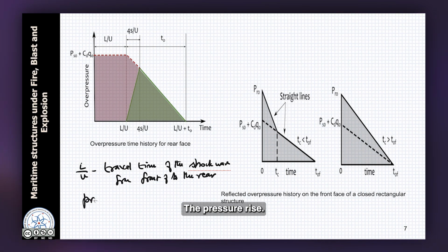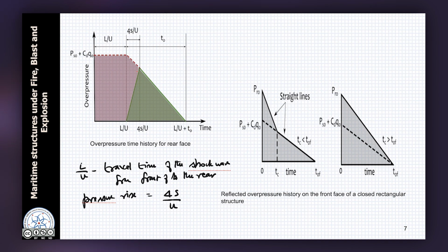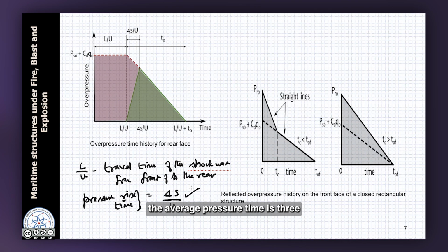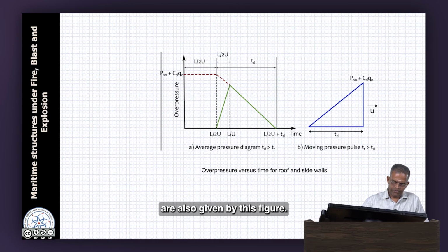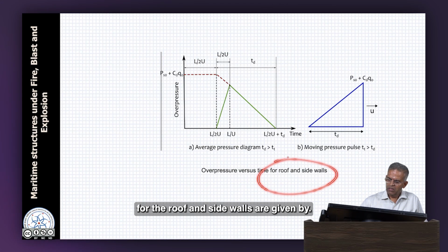The pressure rise during this travel on the back face is equal to 4S by U. That is what we see here. The pressure rise is given at this time. So, pressure rise time is given by this value. So, friends, the average pressure time history for the roof and side walls is also given by this figure. The average pressure diagram for the roof and side walls is given by this figure,